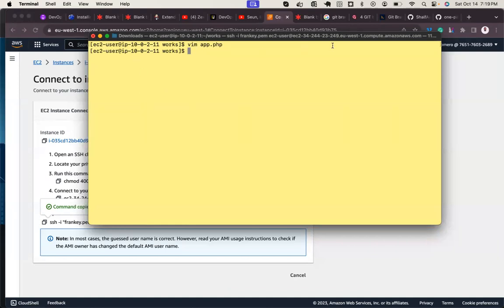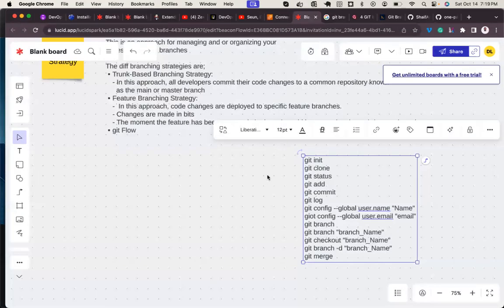So far so good. We have seen almost basic, I won't say basic, but common git commands that you could use on your day-to-day basis, on your day-to-day activity. Very common git commands.